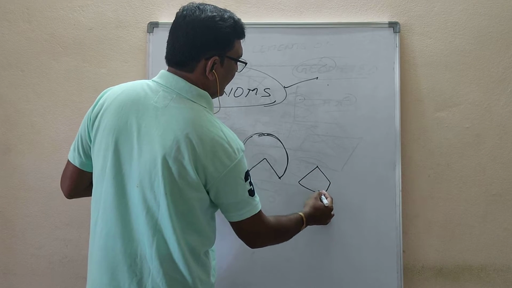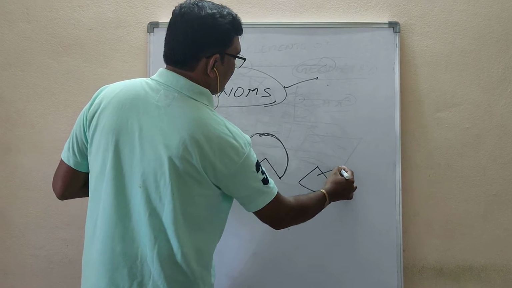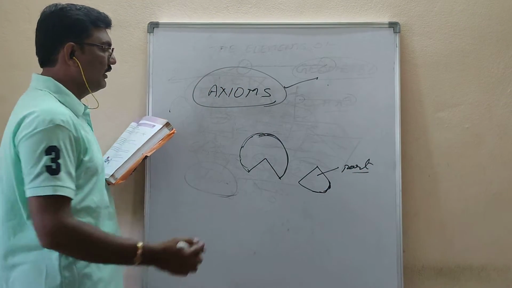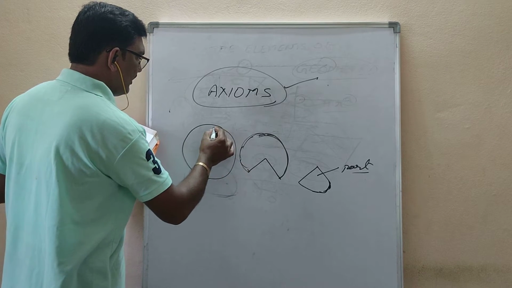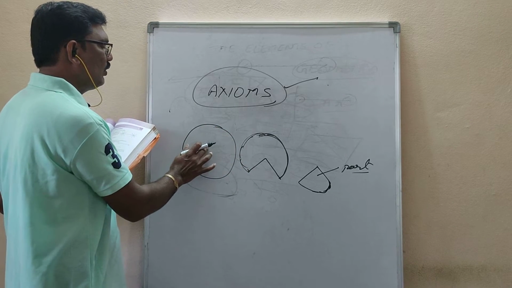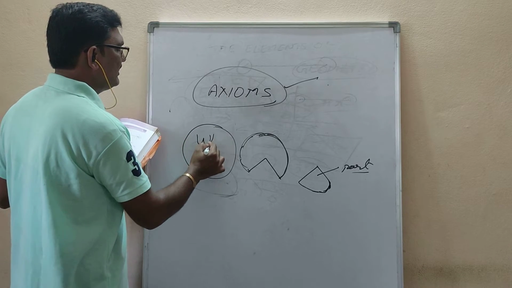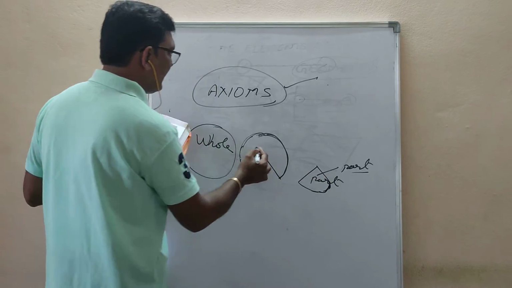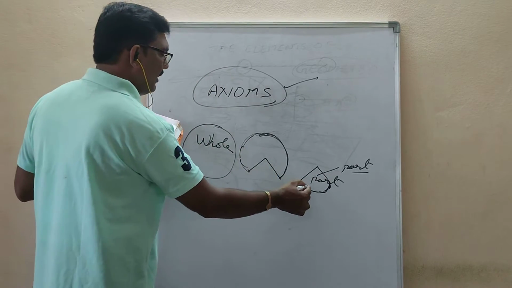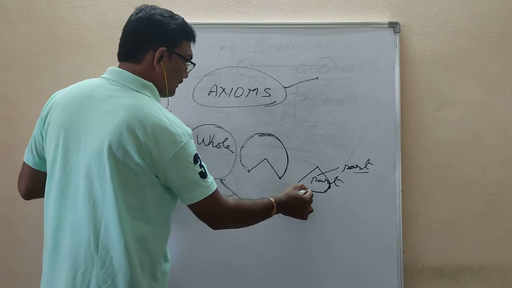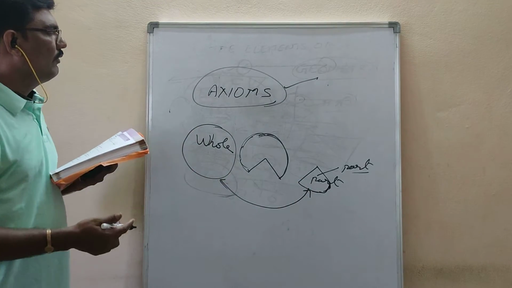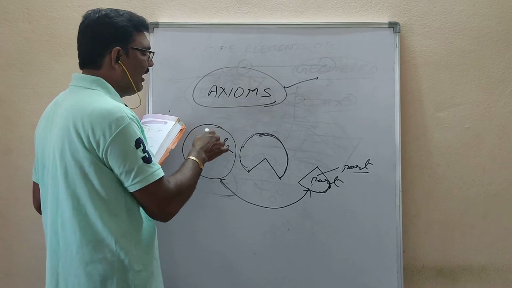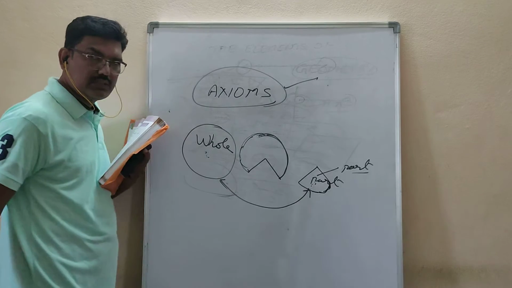This piece you kept here, so it is part of this one only. So it is total cake. When you brought this one, it is a total cake, whole cake. It is whole, and it is a part of this cake. Now he is comparing these two. From where you got this part? From this whole only, or not? So whole is always greater than the part.